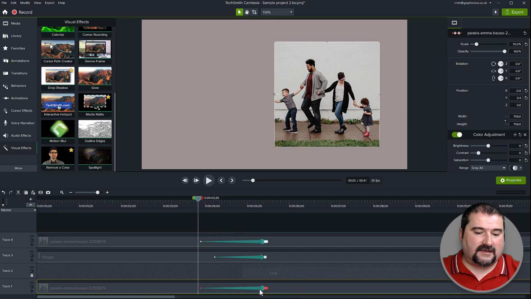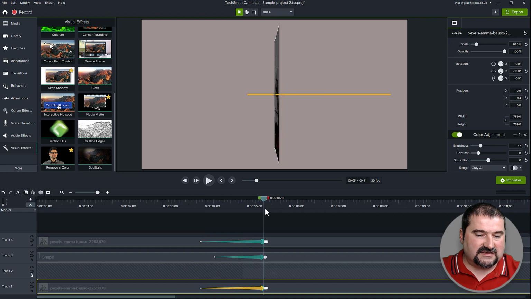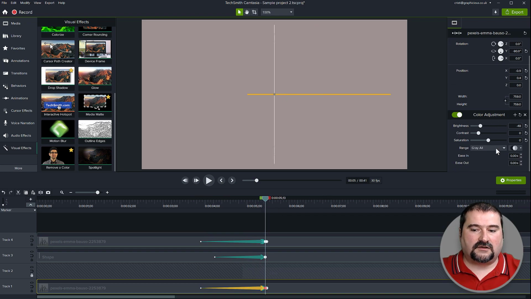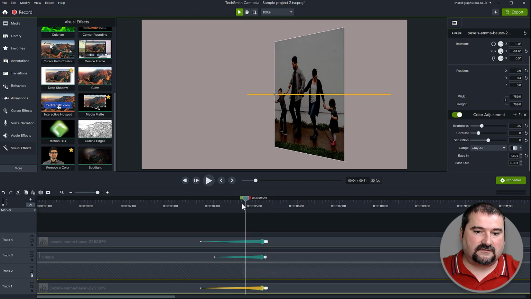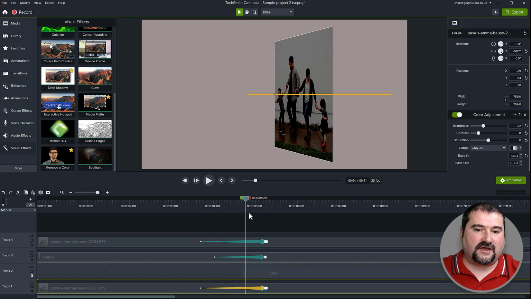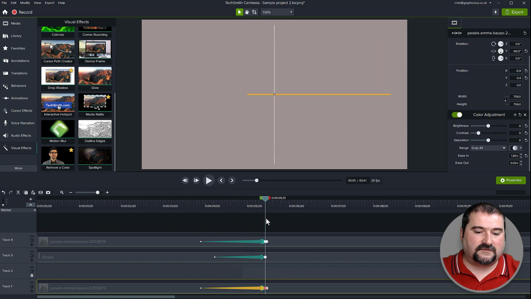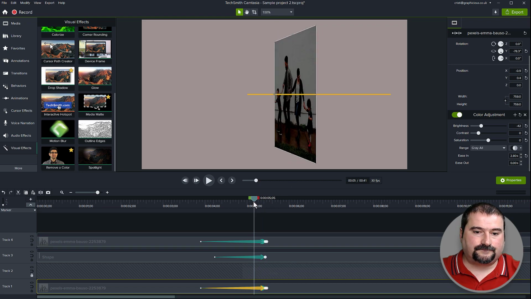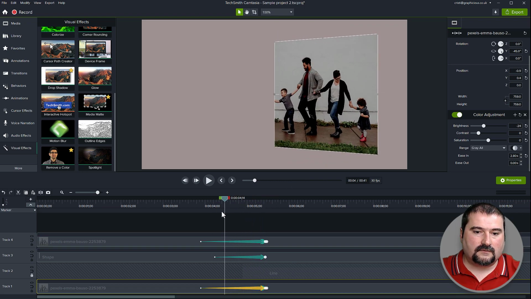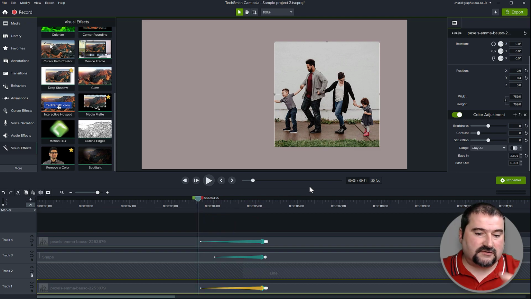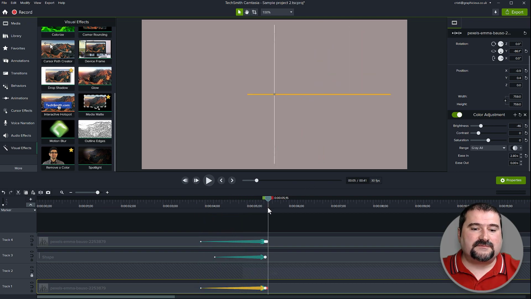However, if you feel like it's coming in too fast, you can go in and change the easing of the color adjustment effect here, easing in. So maybe give it a couple of seconds before it starts to come in. Let's see what that does. Okay, so now my object is brighter for longer until it starts to become darker. Maybe even give it a bit more time. Anyway, you can play with that as long as you like. So that's my page turning to the start.